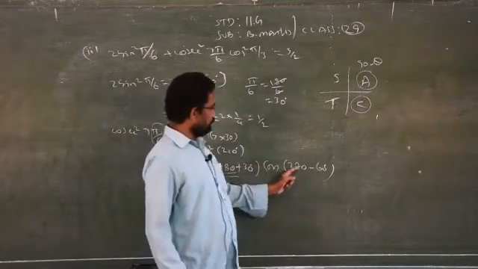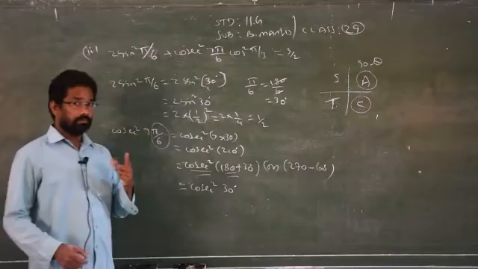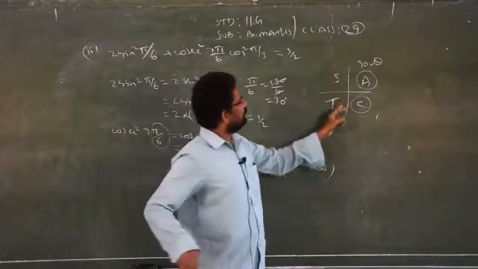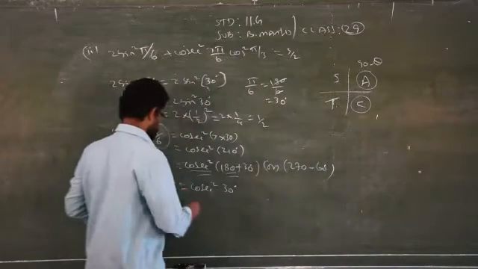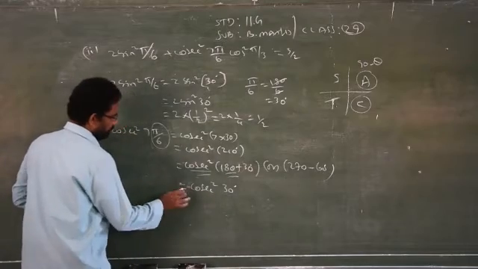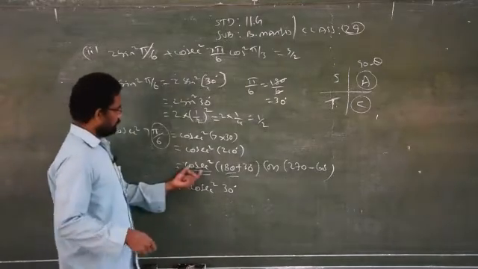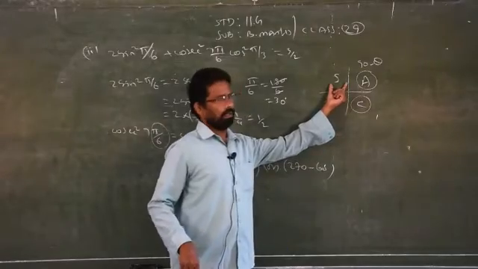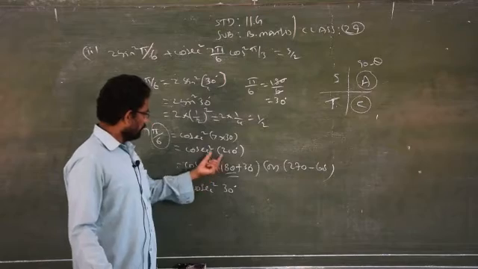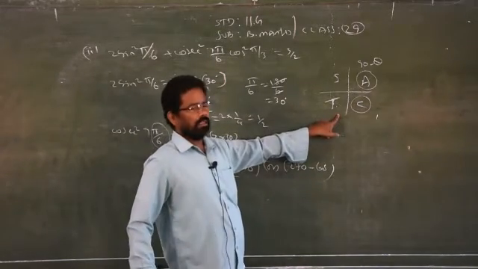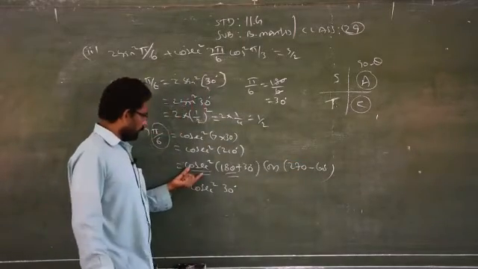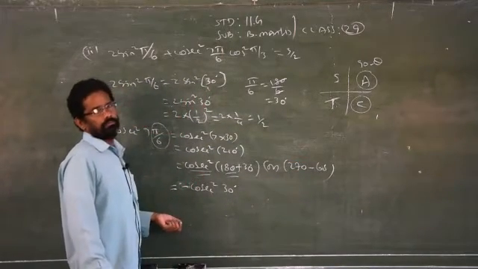But if you apply 270, the cosecant will become what? Secant. Be careful. And you have to see the 210, 210 falls on which quadrant? So that is minus. Tan alone is positive, but we have cosecant, therefore you have to write minus. Because cosecant is positive only in the second quadrant, but here 210 falls on the third quadrant. In the third quadrant, which one is positive? Tan only is positive, but what is given here? Cosecant, therefore you have to write a minus sign.